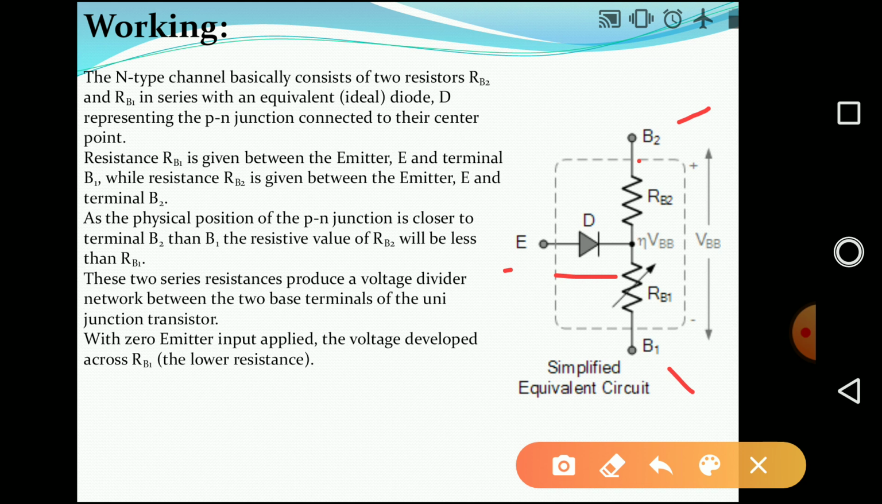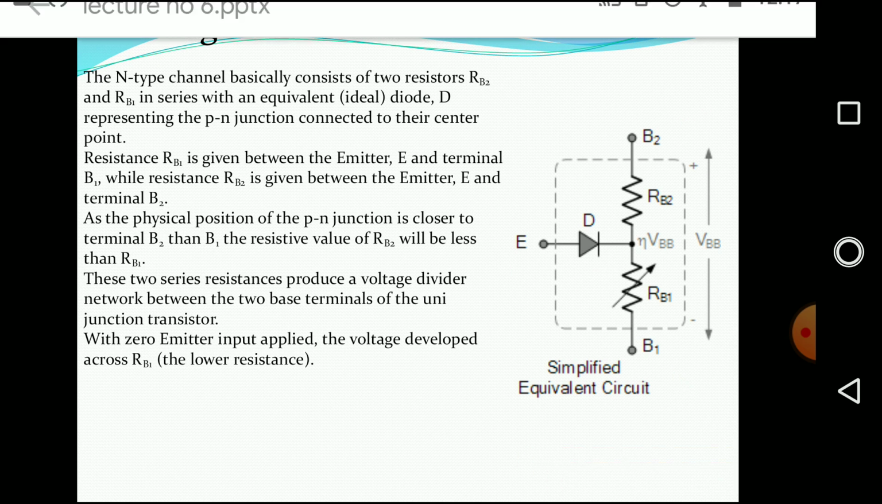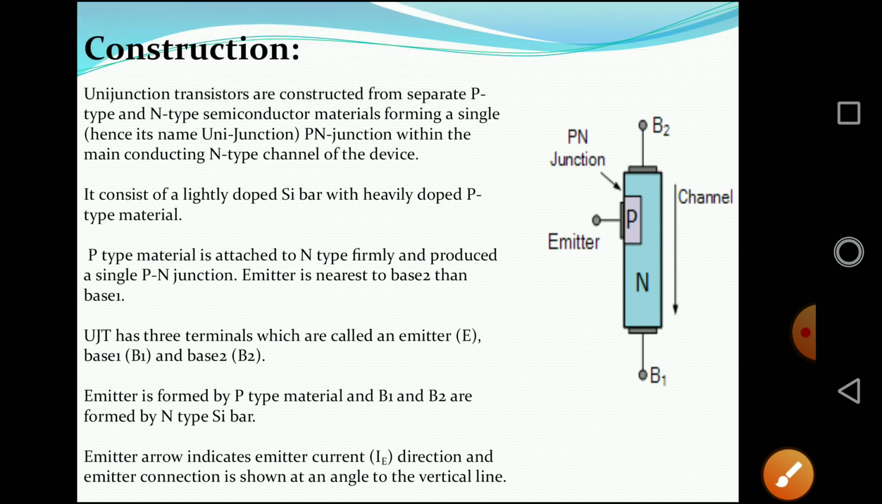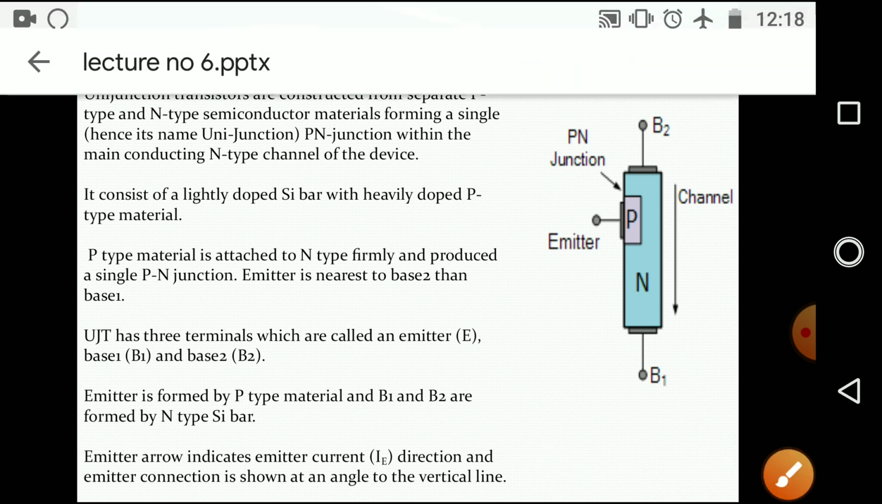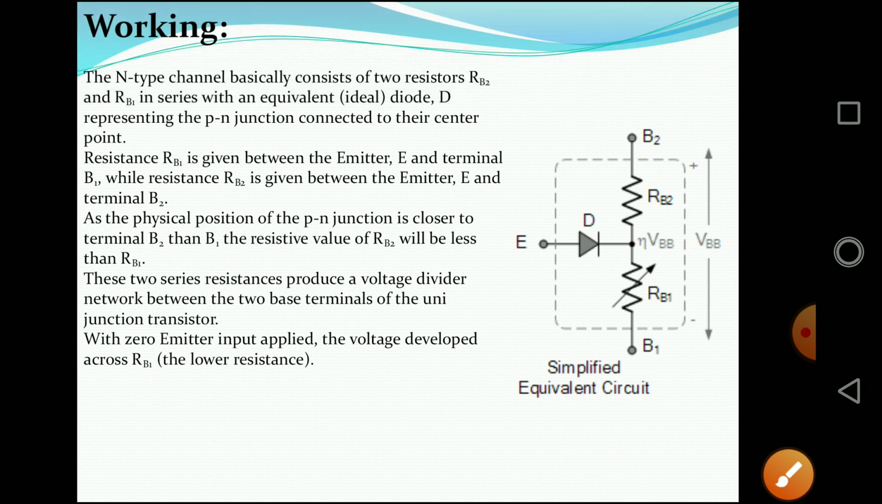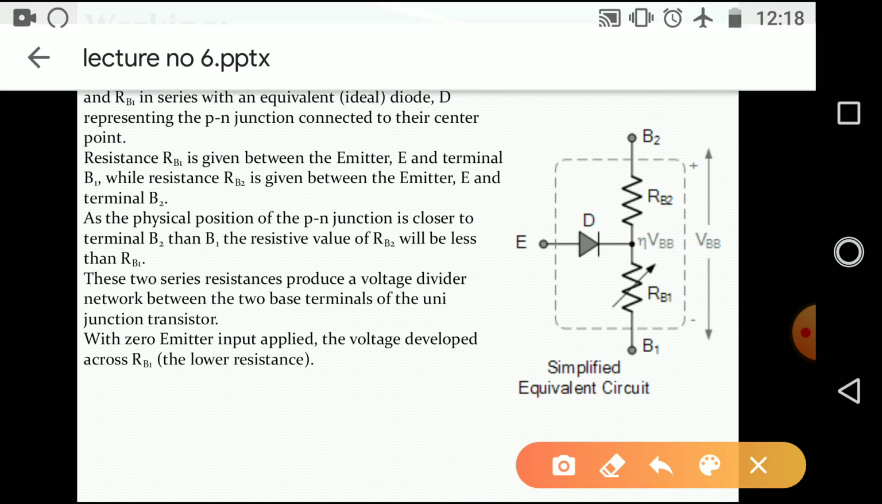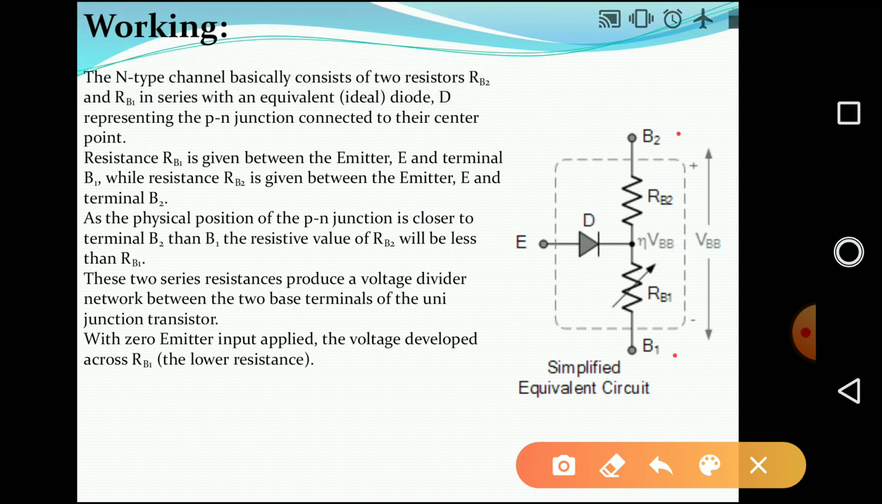Next, in a single channel both the terminals are connected. Here we can see that in a single channel both B2 and B1 are connected. If we connect B2 and B1 directly, there will be a short circuit connection. Therefore, while representing an equivalent circuit, both the B2 terminal and the B1 terminal are represented by a resistance connection. The resistance connected to B2 is called RB2 and the resistance connected to B1 is called